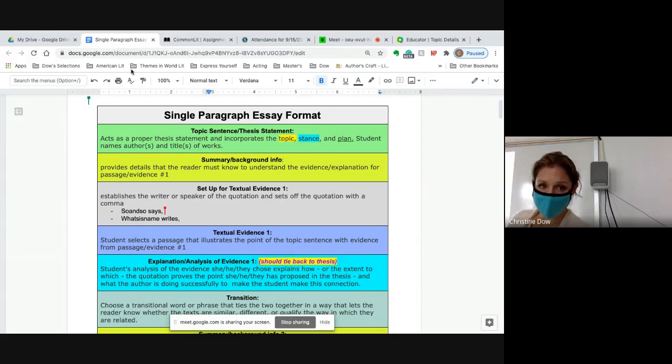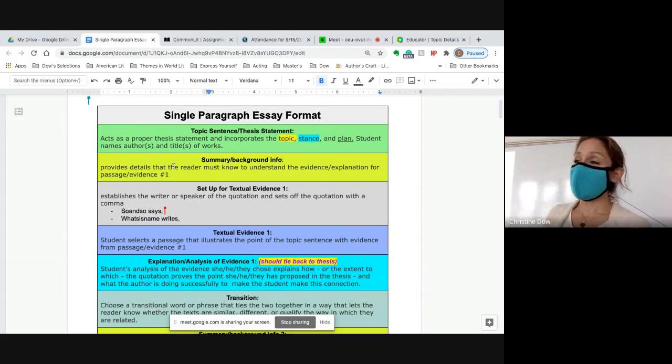Each of the boxes represents a sentence, right? Every sentence has a function to fulfill. By writing a sentence for each box, you will make sure that you have fulfilled the purpose of each sentence, okay? It's just a base. It's just a foundation. Then you layer on your thought, okay?